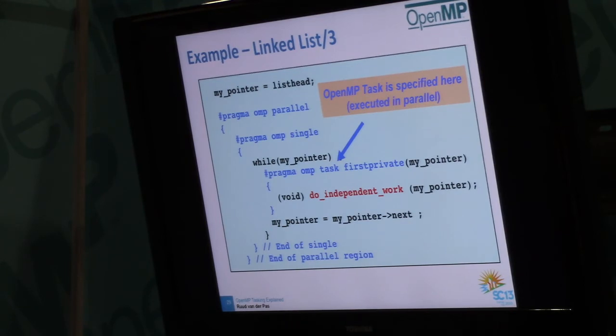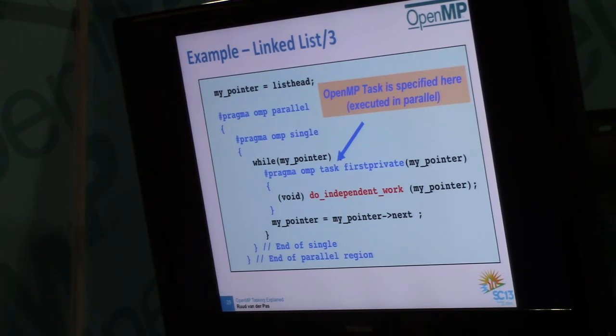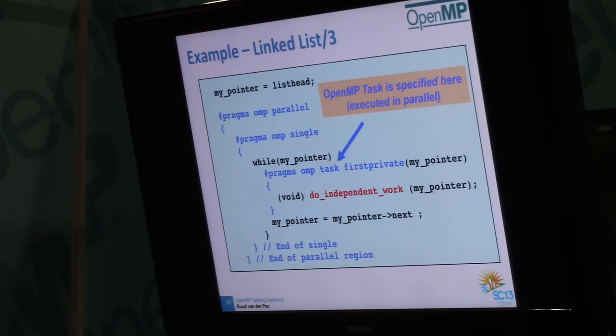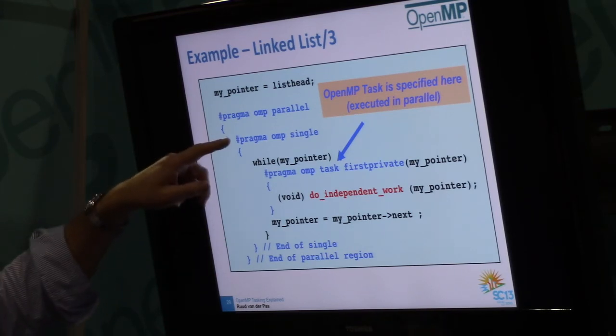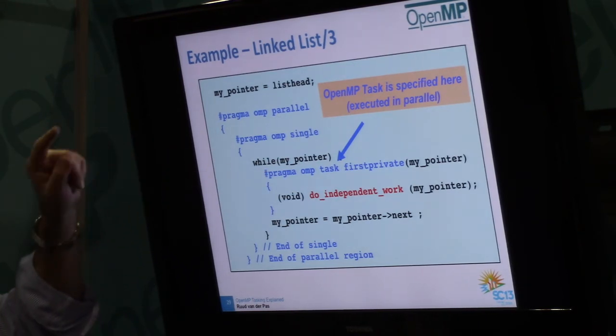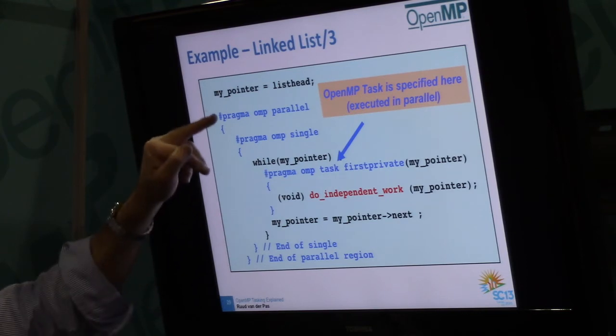So here's the OpenMP code, and let me run you through it. We have the parallel region, right? And again, this is a sequential process to generate the tasks. So I put it in a single, which is really funny when you look at it, parallel single, like that doesn't seem to make much sense. It makes more sense with tasks. So one thread will encounter the single and will start executing this. All other threads will skip it and they'll start waiting in the barrier here. That means they will start executing the task that the other thread is generating.